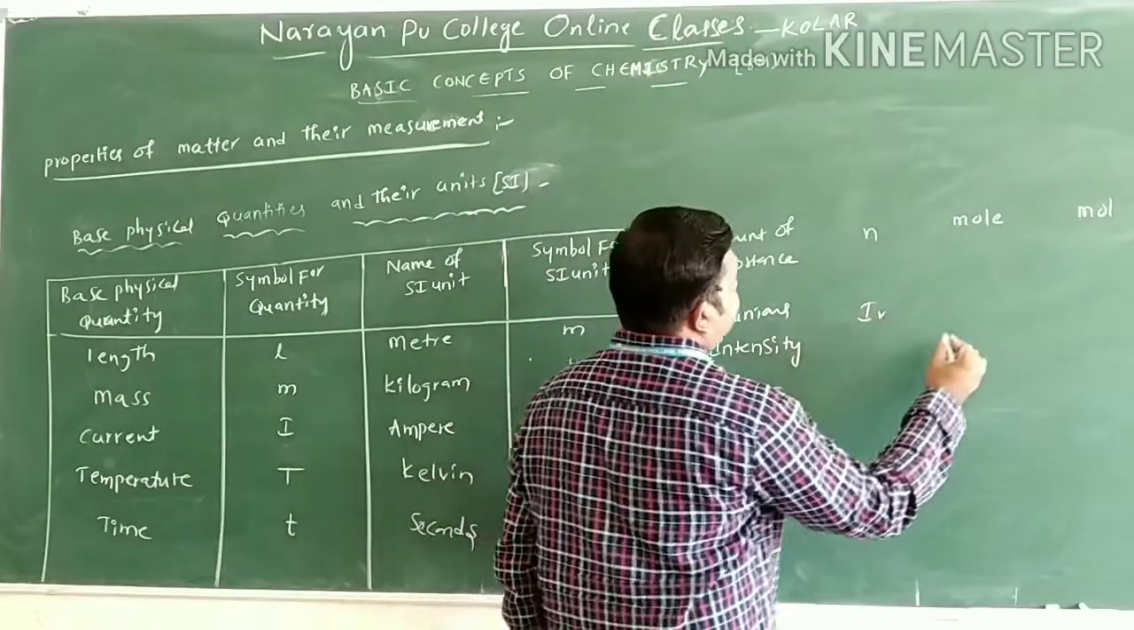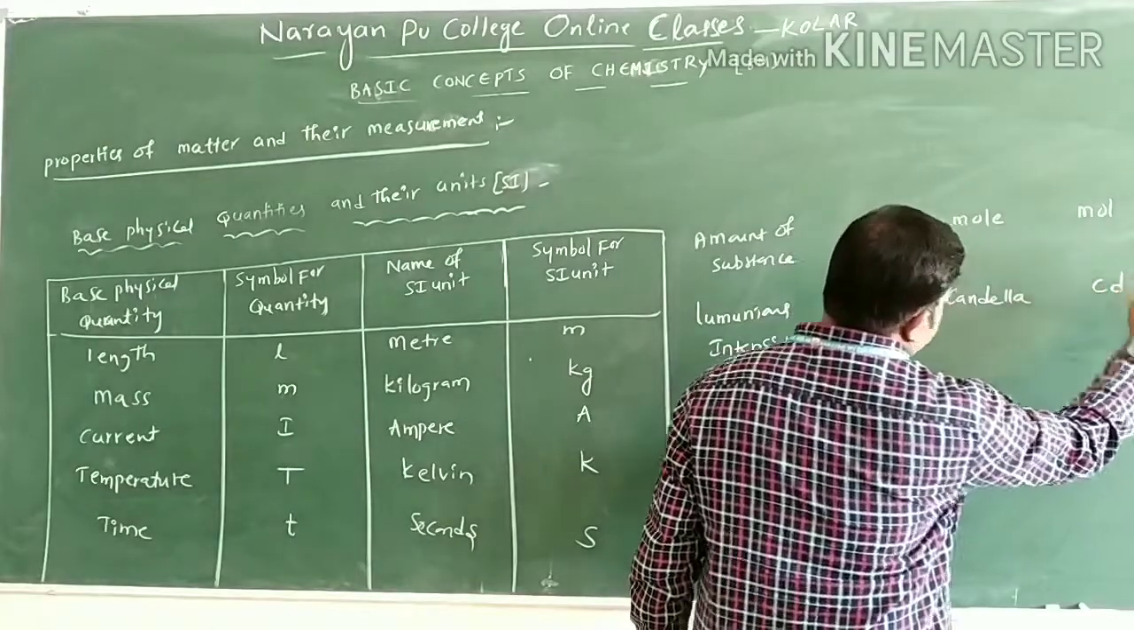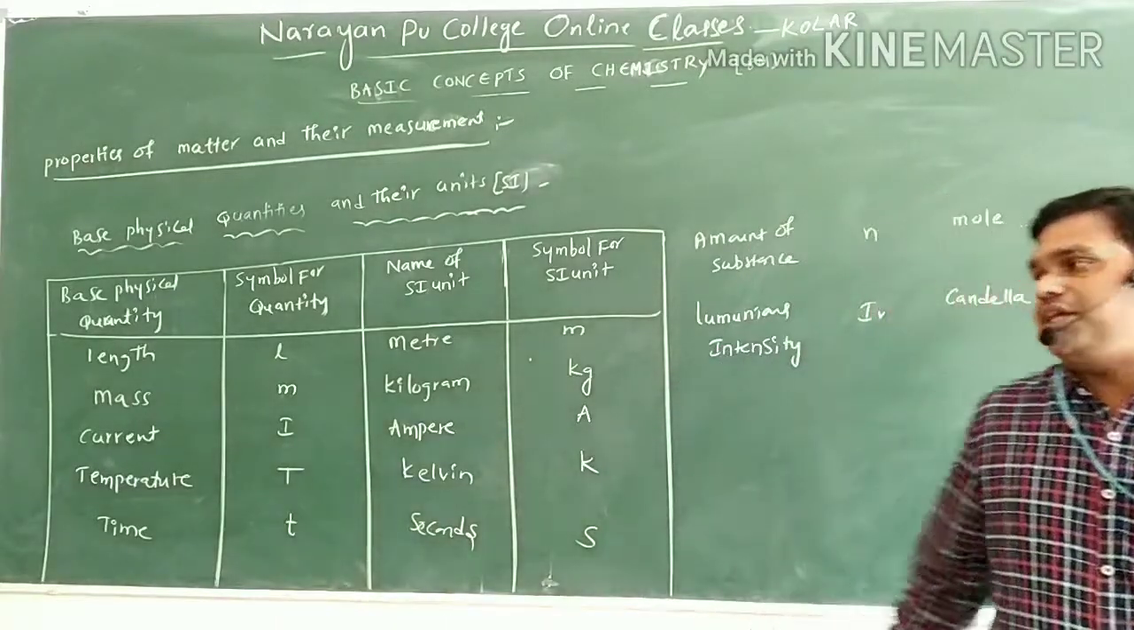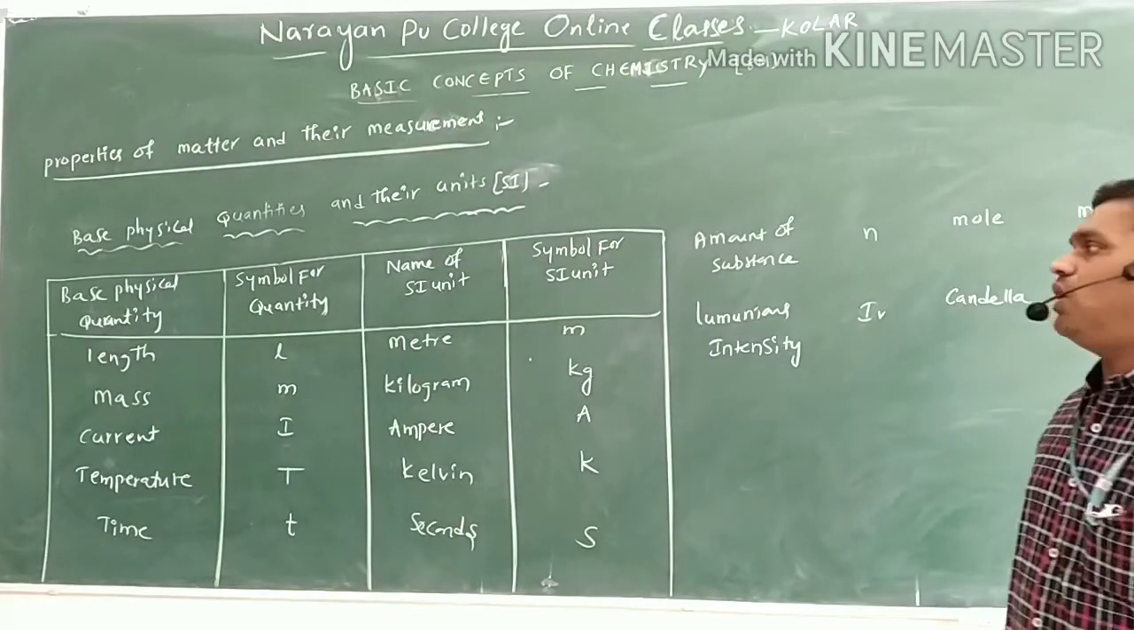Okay, we can take here IB. This is a candela we are taking. What is the symbol of this element? C4. So this is regarding which one here? Basic physical quantities